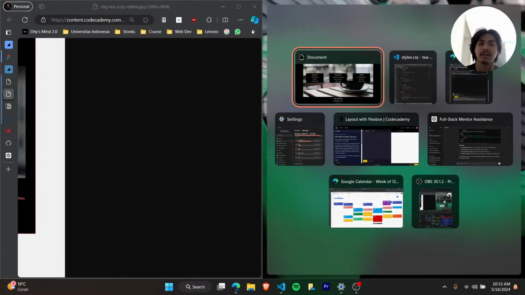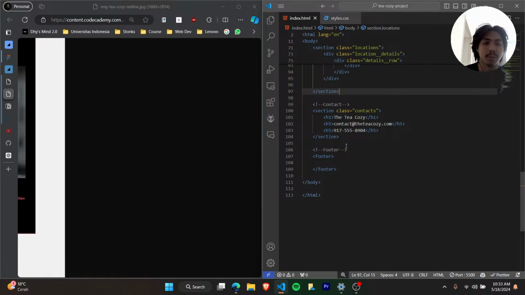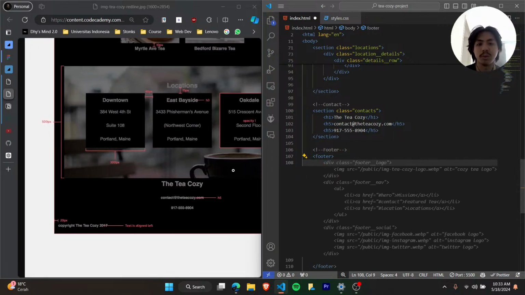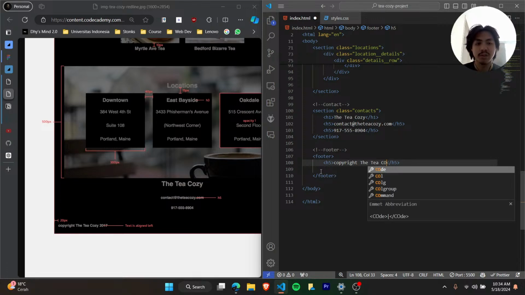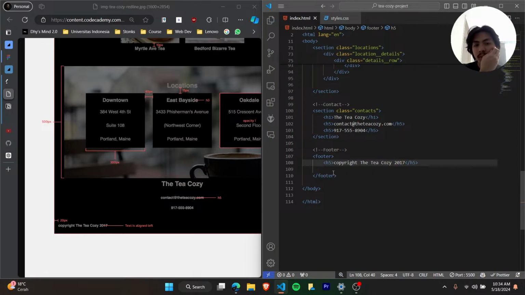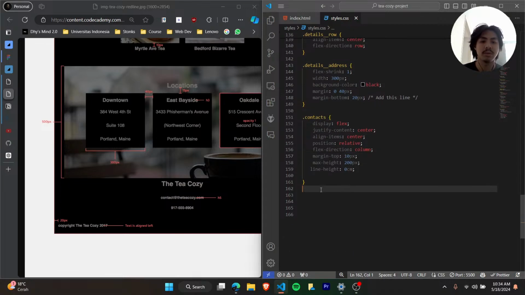So the footer only has one component, like there's only one text anyway, so let's do H5 again and then copyright, the Cozy, 2017. So it's going to have a class of footer, and now we just need to add the footer,